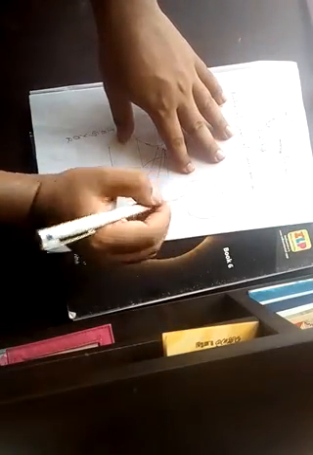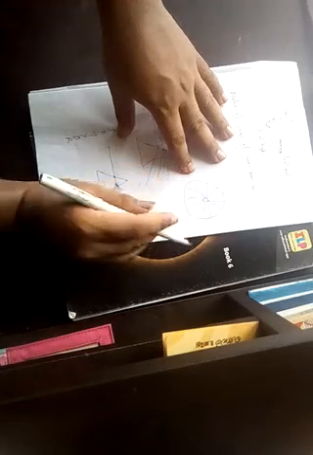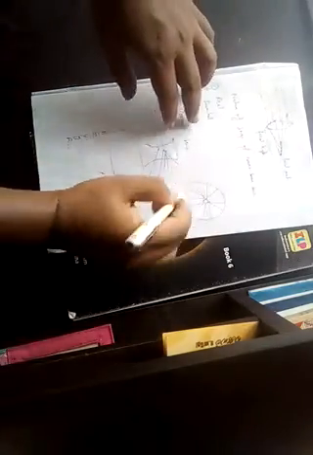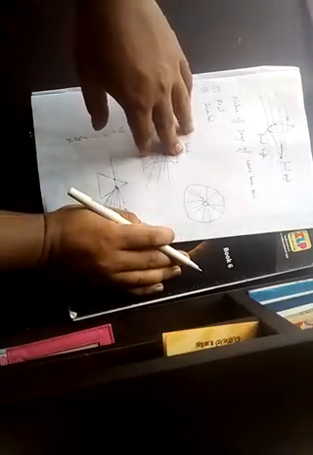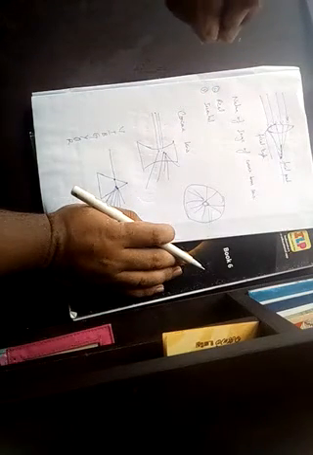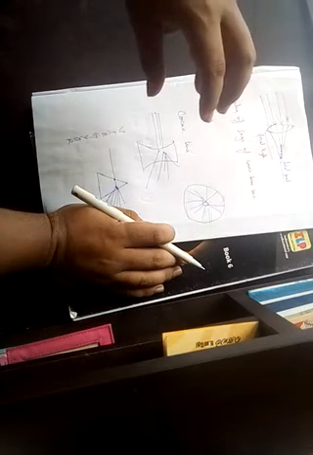Now this was proven by an experiment known as Newton's disc. In this experiment, a disc was made with 7 different colors. All 7 different colors were painted on the disc. Then a thread was taken and this wheel was spun at very high speed. After some time, all the 7 colors slowly disappeared and the disc appeared white. This experiment proves that the 7 different colors are obtained from normal white light. This phenomenon is known as persistence of vision.